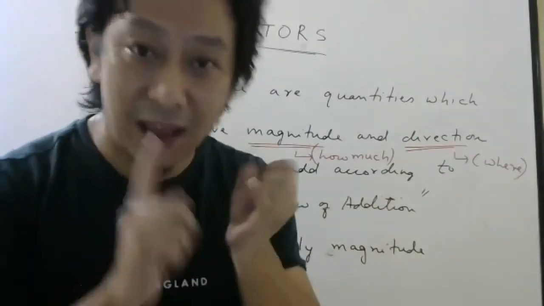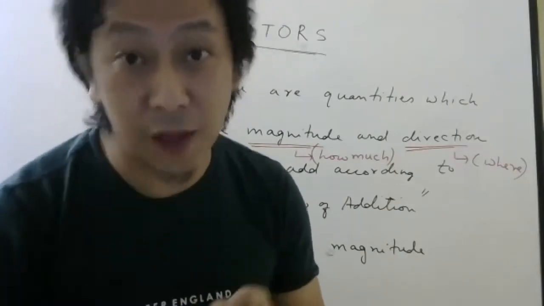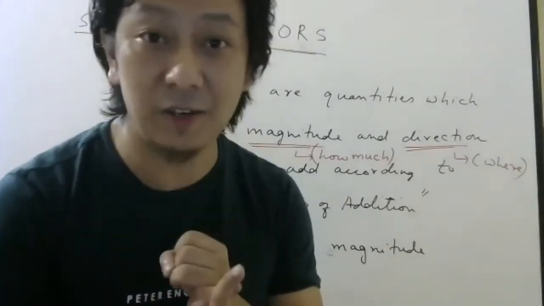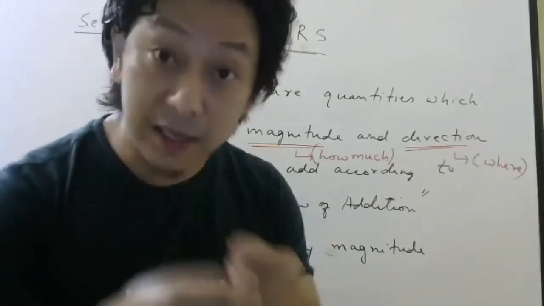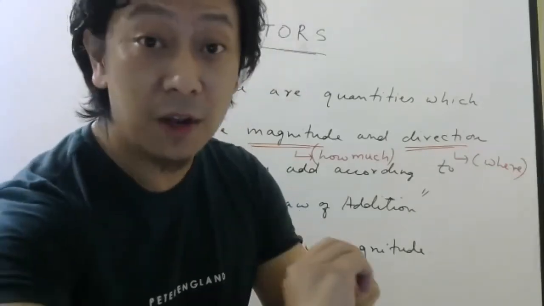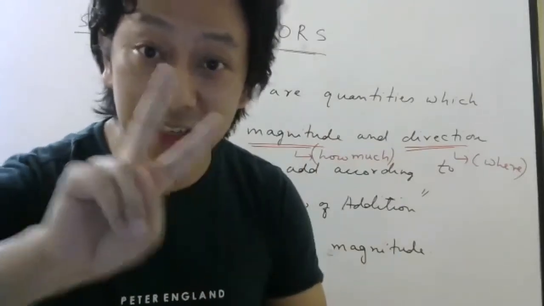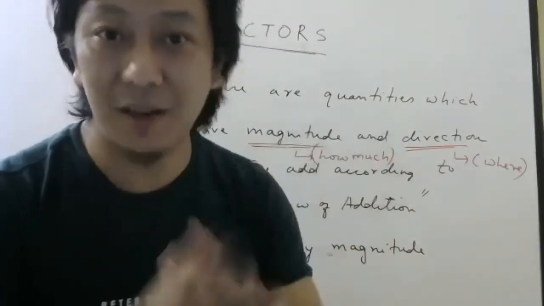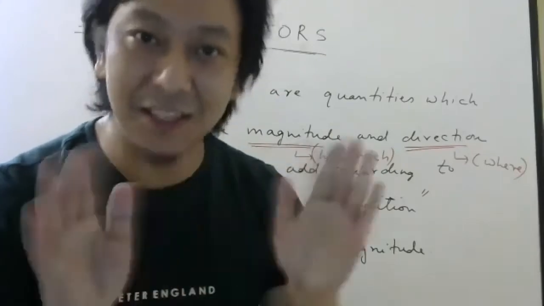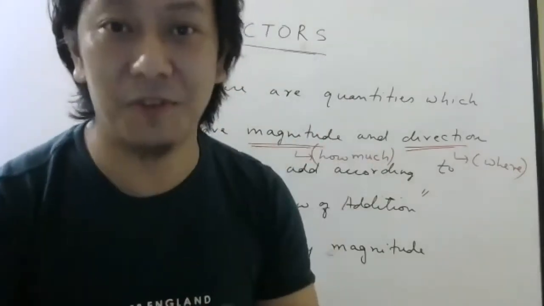So current has magnitude 1 ampere, 2 ampere. It has direction also. It goes from positive terminal to negative terminal. About current, we will study in second PU. Don't worry. If you have forgotten a little bit in class 10, it doesn't matter. I will teach everything in class 12, not now.